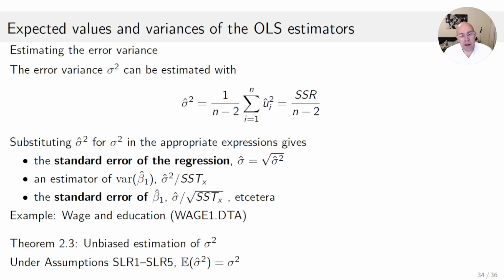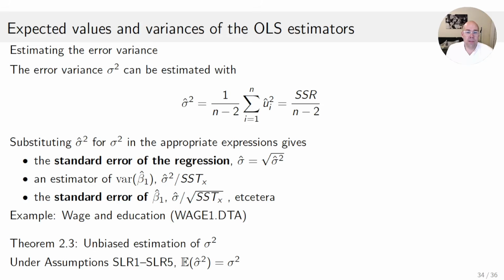So sigma square is the variance of u. And in order to estimate the variance of u, we can take the variance of the residuals. That's the main idea. On average, the residuals are going to be 0. So a good estimate can already be obtained by just squaring the residuals and adding them up and then dividing by the sample size. So here you see that I'm not dividing by n, but I'm dividing by n minus